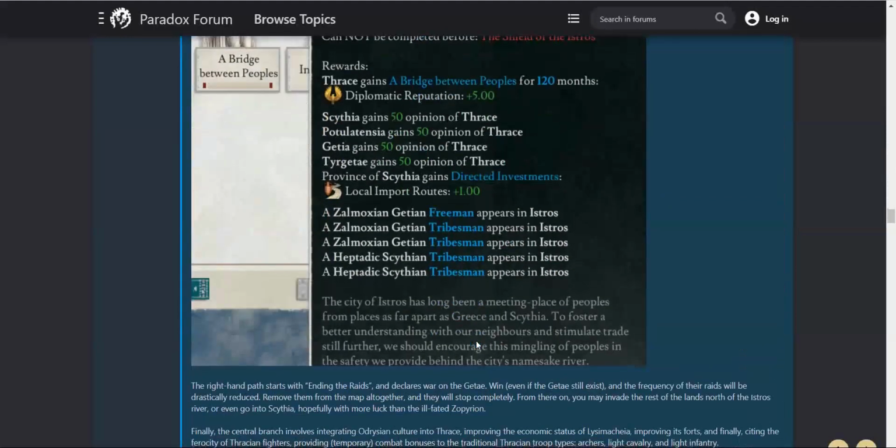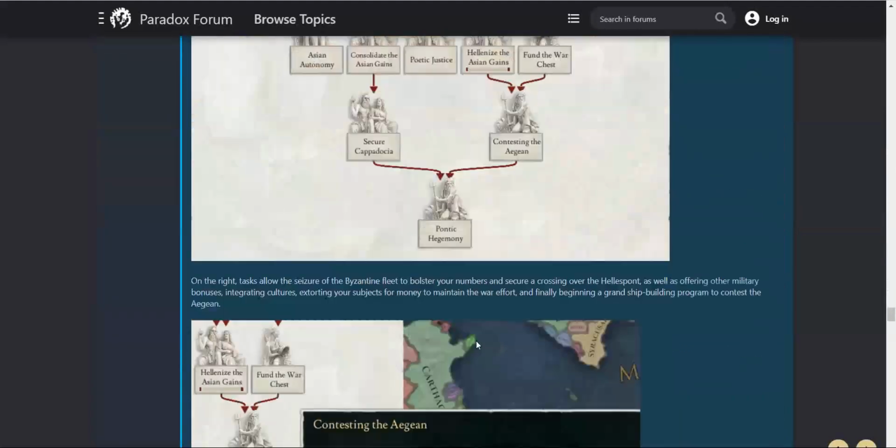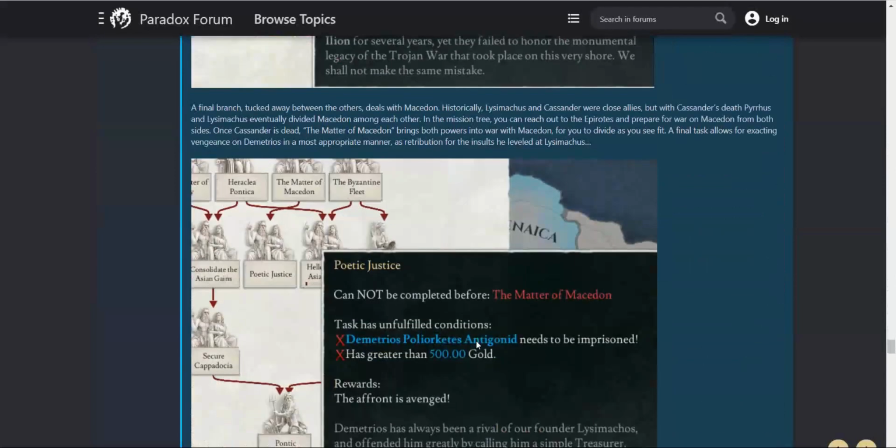Okay, the final branch, tucked away between the others, deals with Macedon. Historically, Lysimachus and Cassander were close allies, but with Cassander's death, Pyrrhus and Lysimachus eventually divided Macedon between each other. In the mission tree, you can reach out to the Epirotes and prepare for a war on Macedon from both sides. Once Cassander is dead, the matter of Macedon brings both powers into war with Macedon, for you to divide